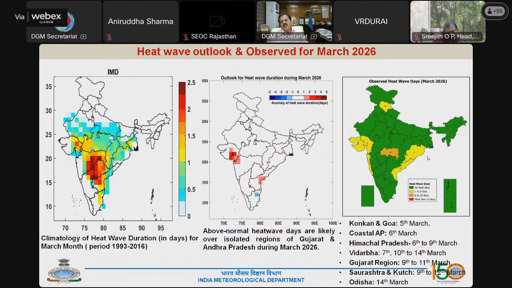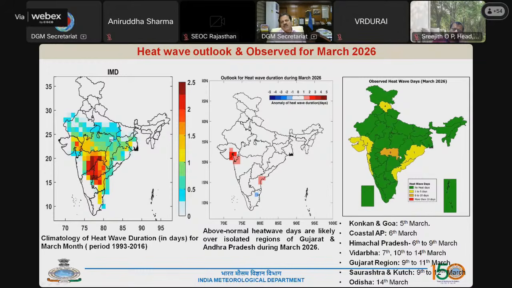There is North Konkan and also Andhra and Odisha. Okay, so Odisha is just one, and Andhra also we got 1 day only. And it was not predicted that there will be 6 days, that is above normal number of heat wave conditions. It was predicted normal. You can see from the climatology here that frequency of heat wave days is quite high